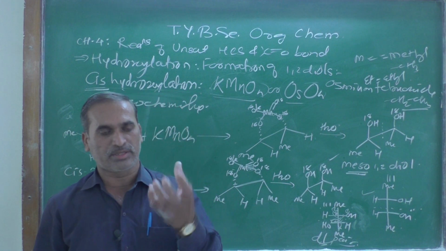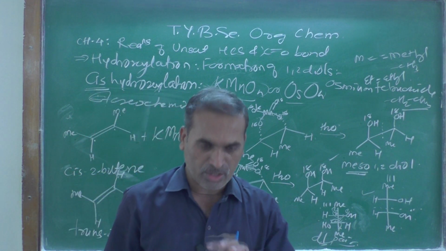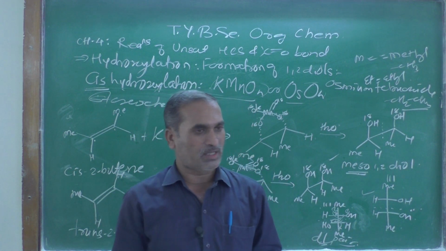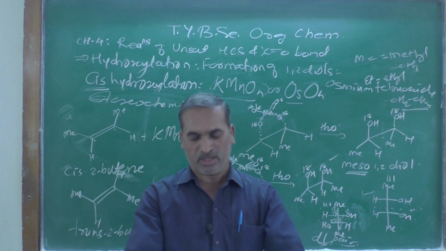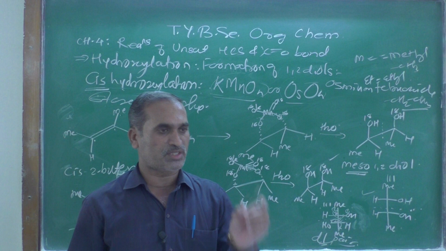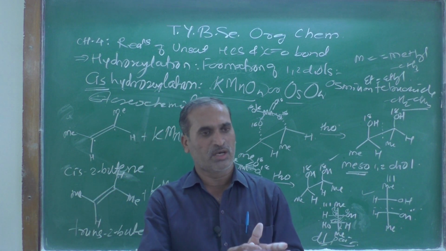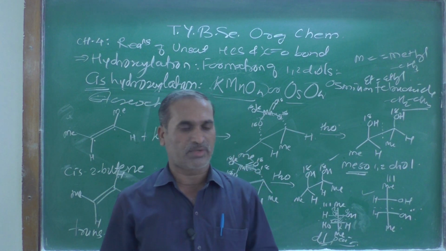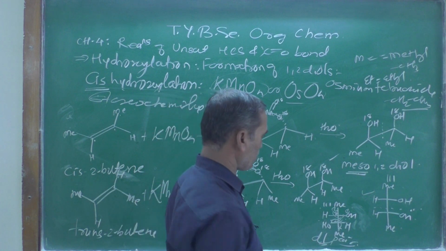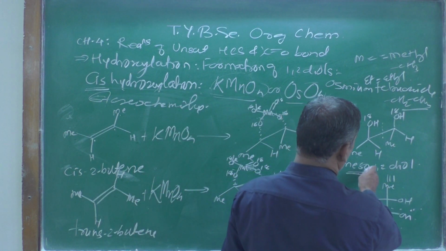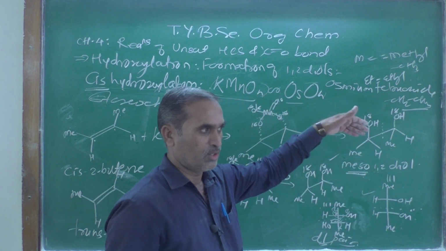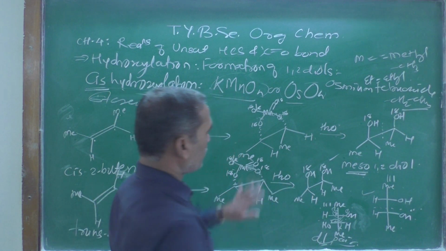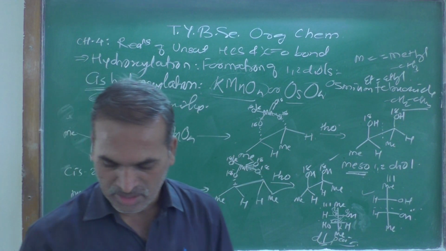They are compounds that rotate the plane of polarization, or optical rotation. Specific optical rotation is different, and as we know, certain substances rotate the plane of polarization through a certain angle. That type of activity is known as optical activity, and that compound is known as an optical isomer. The meso compound shows no optical activity, but this compound is a DL pair. In this way we have seen the stereochemistry behind this.